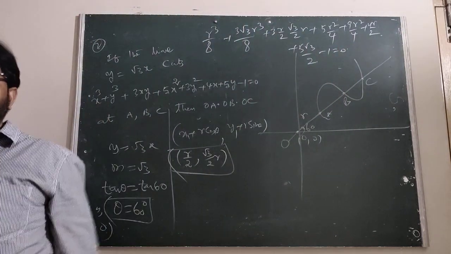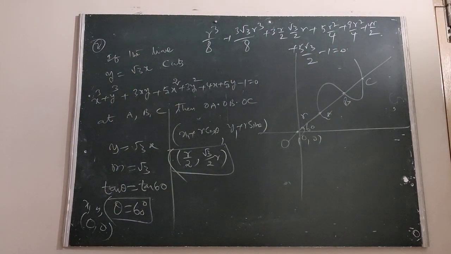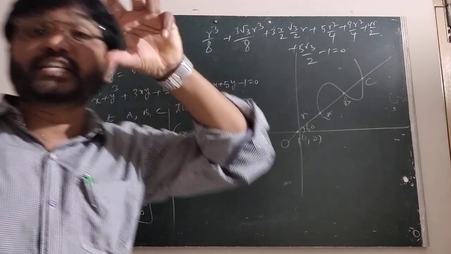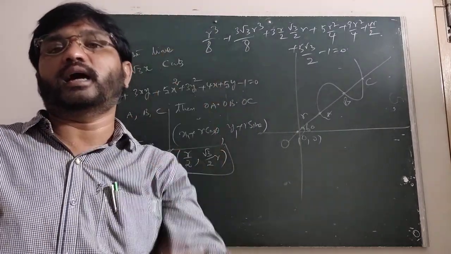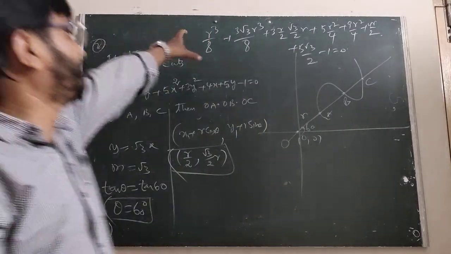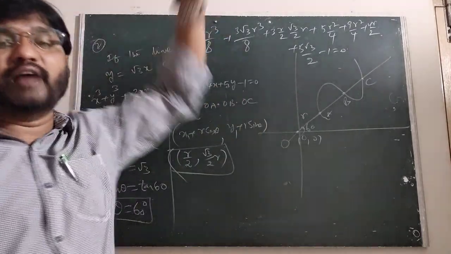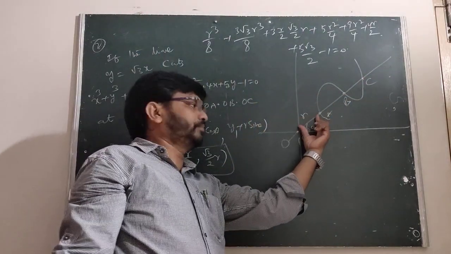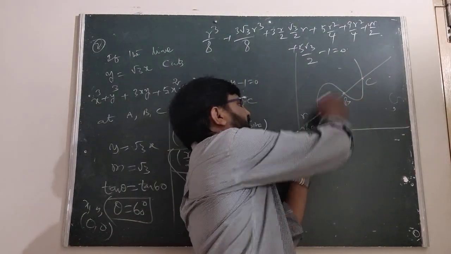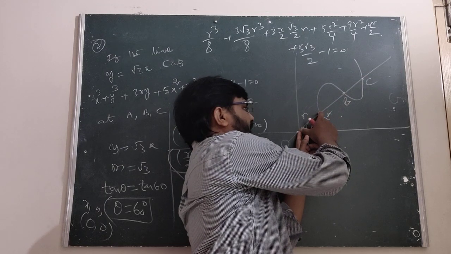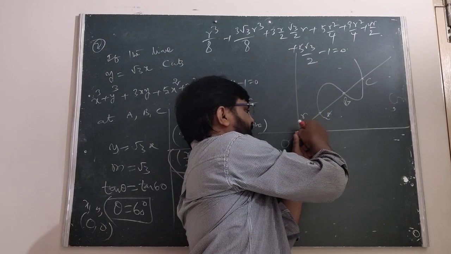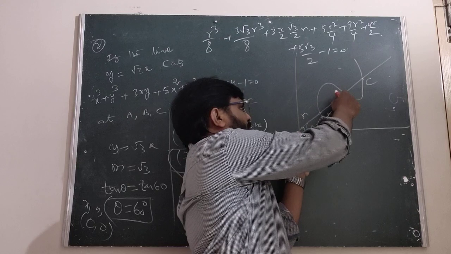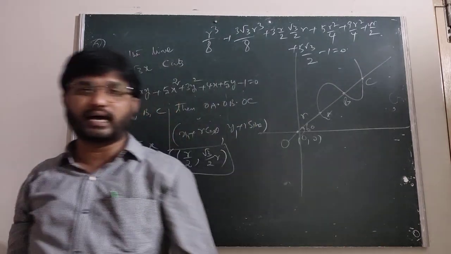Here we are getting an r cube equation. It has 3 roots, those are r1, r2, r3. This is the cubic equation in terms of r, having the roots r1, r2, r3. r1 is OA, r2 is OB, and r3 is OC. A is a point at a distance r1 from the point O.